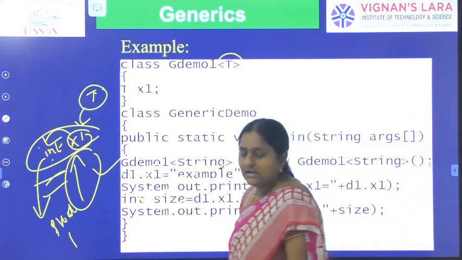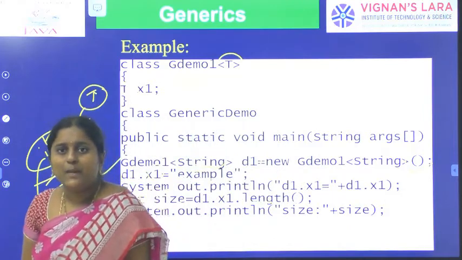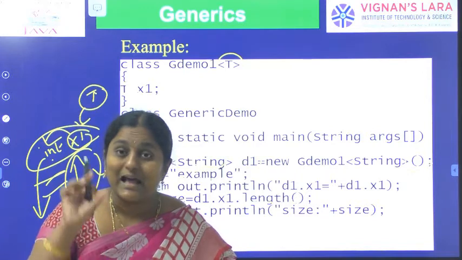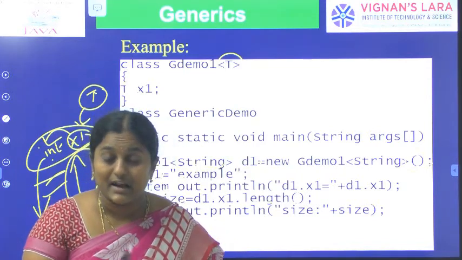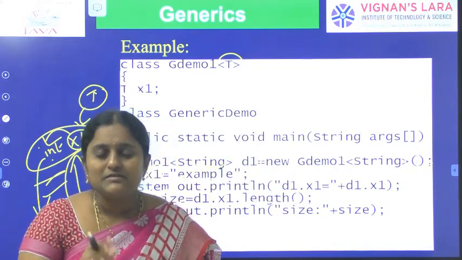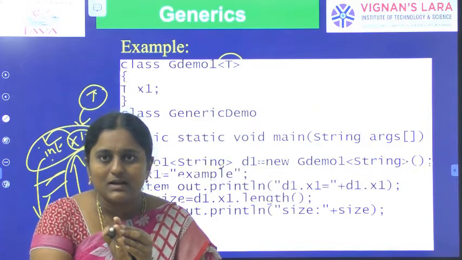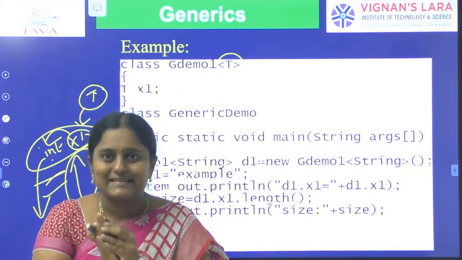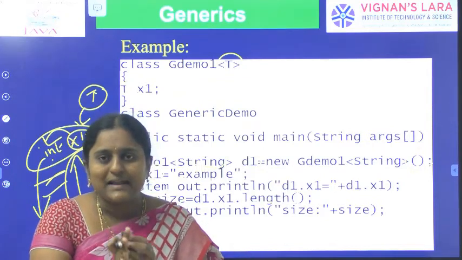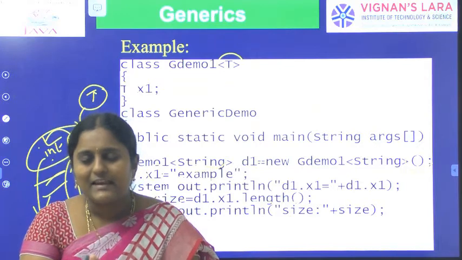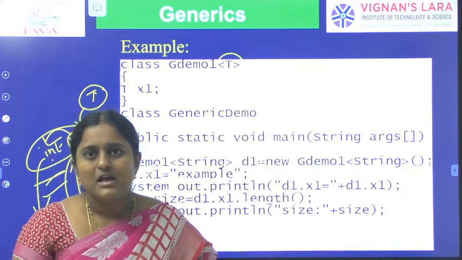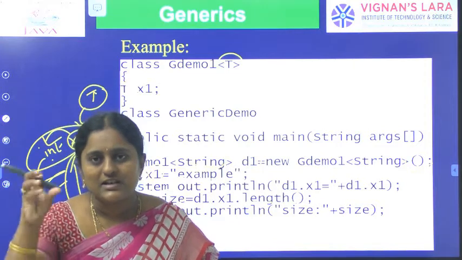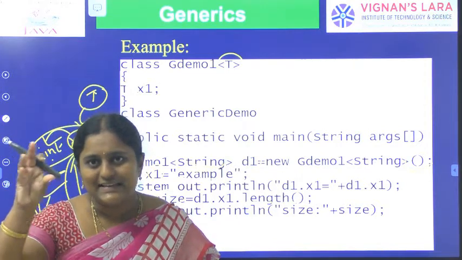So it is generic. Generic is an element whose data type could be mentioned by the end user at the time of creating the object of the class. A class can have multiple generics. Suppose we have to define a variable with the help of a data type. Suppose I am defining a variable int x. At the time of compile time or runtime, we can give only integer type values. Suppose we specify float type values or string type values, at the time of compilation it leads to an error.